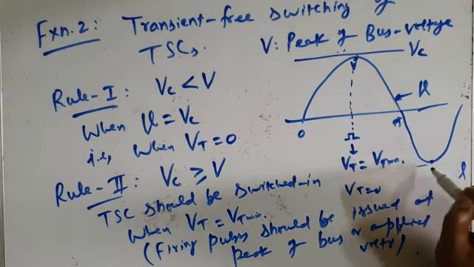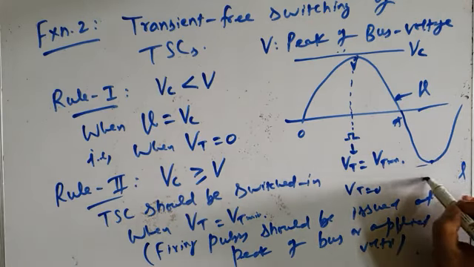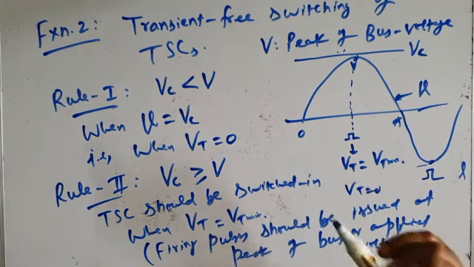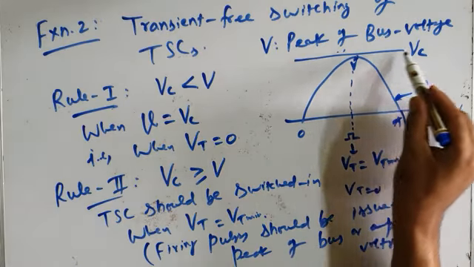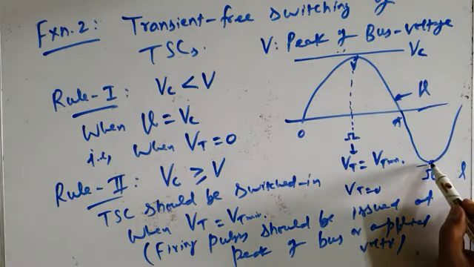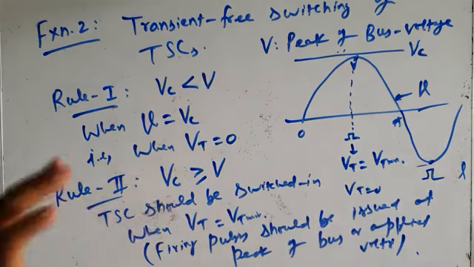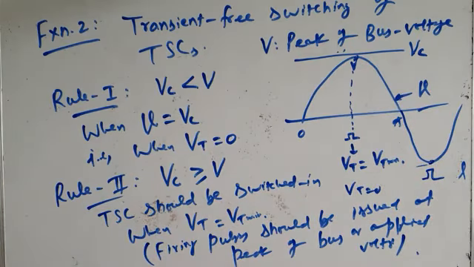But if the firing pulse is issued, instead of at the positive peak, if your controller issues the firing pulse at the negative peak, then a huge transient current will flow, because your capacitor voltage is plus VC, but you are applying the firing pulse at the negative peak of the applied voltage. The large difference in the two voltages will be there, and an extremely huge transient current will flow, which will instantly damage the thyristor valves of the TSC branch. So therefore your controller